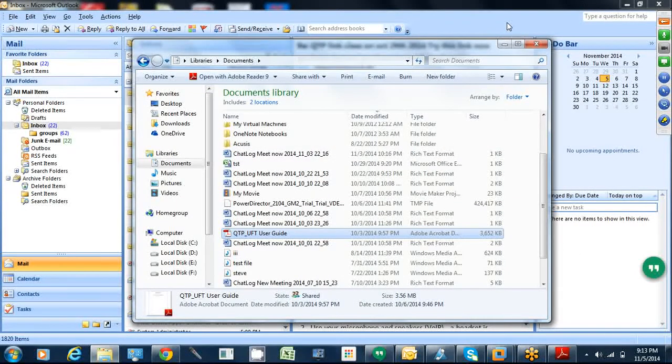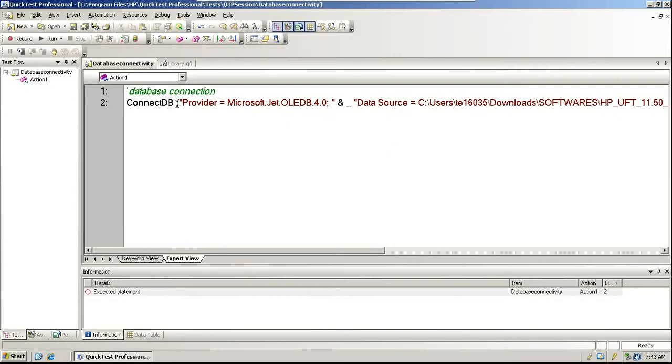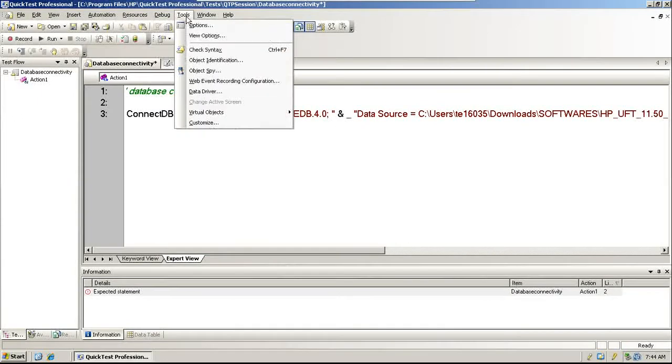Or you can also, how do you do that? Okay, let me do this. Simply our connection string is wrong here. So how do you create the connection string normally? Earlier we have created a connection string, remember? Connect. Like you mean the options or this? For example, okay, let me go to the data table.